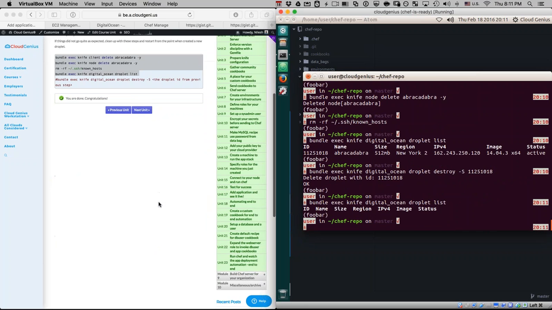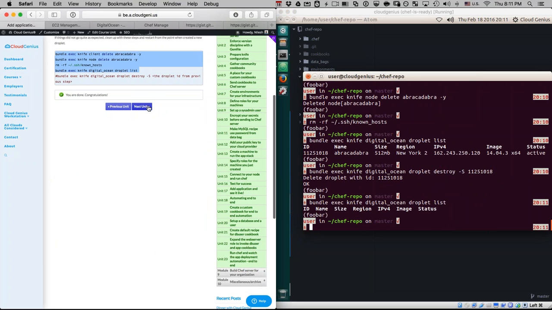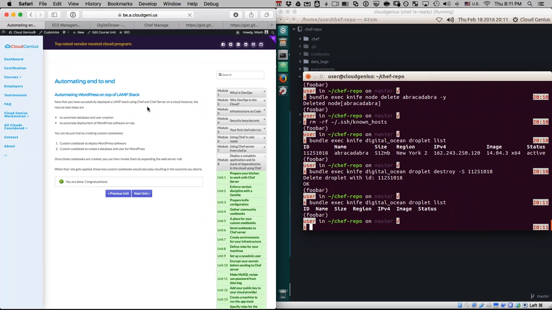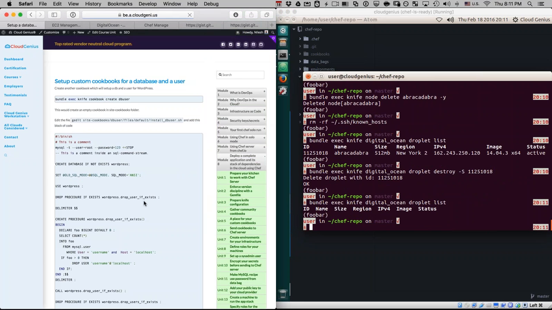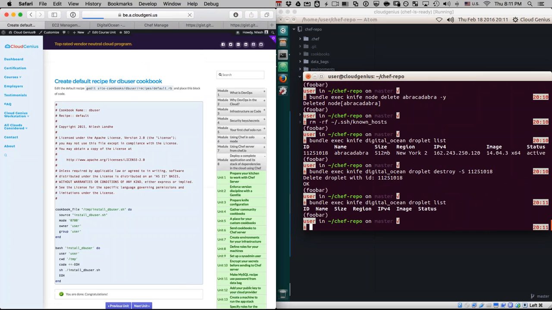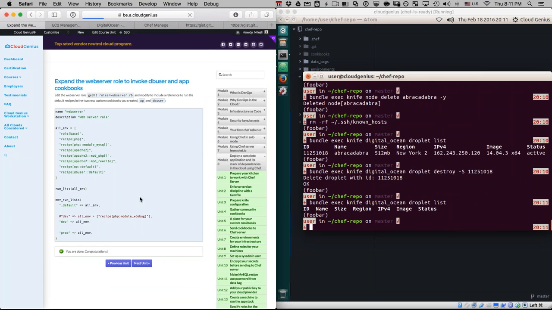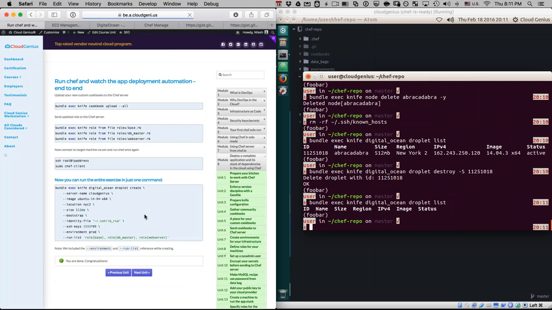Beautiful. Now let us run the whole thing this time in one shot, like all of it end to end. Let's see how it runs. So what we are doing is going to the point where we can run everything in one attempt and it should run, and let's figure out how it goes. So it says now you can run the entire exercise in just one command, and let us understand that command